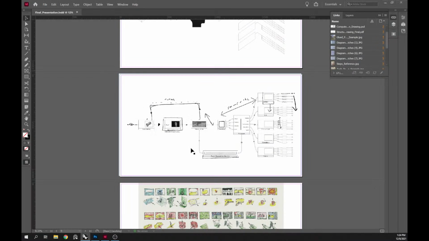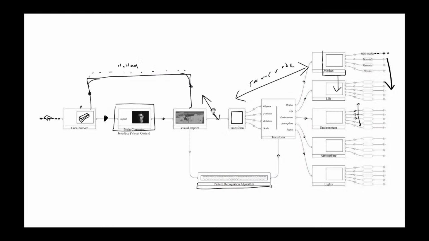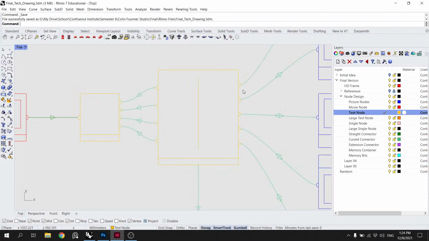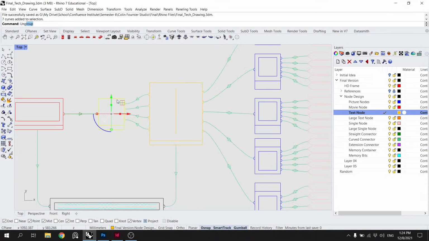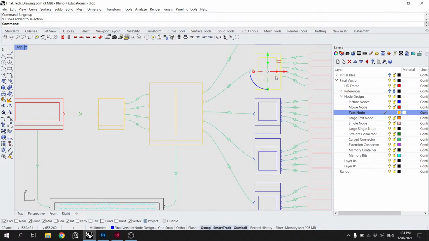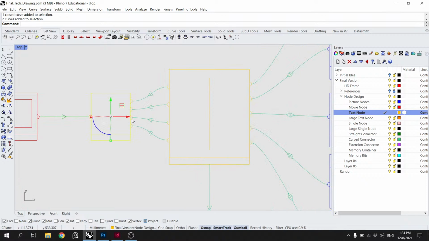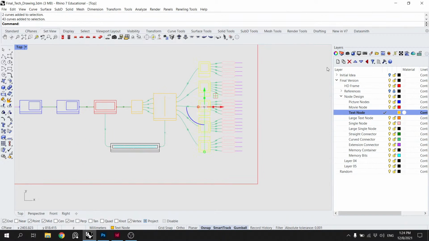Okay, save this. The transform gets ungrouped. What do we call this? Text node. I guess all of these are in text nodes as well.